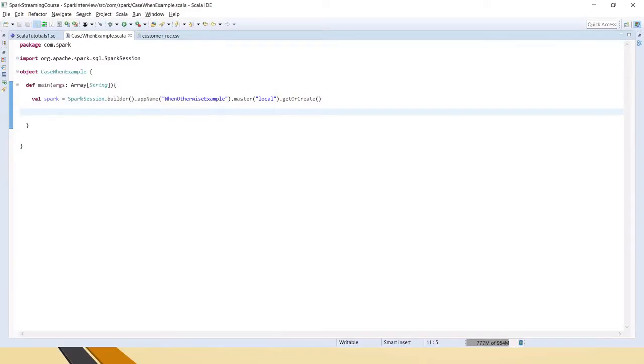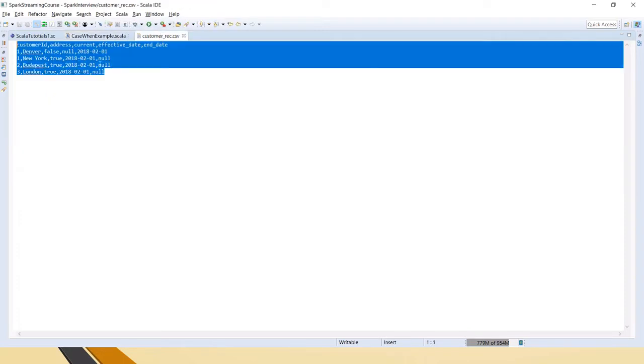In this example we will see how to use the if else condition from the problem statement. We have to check the value in the current field. This is the sample CSV file.